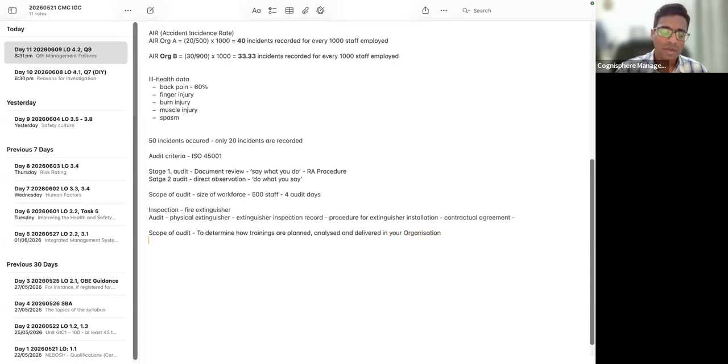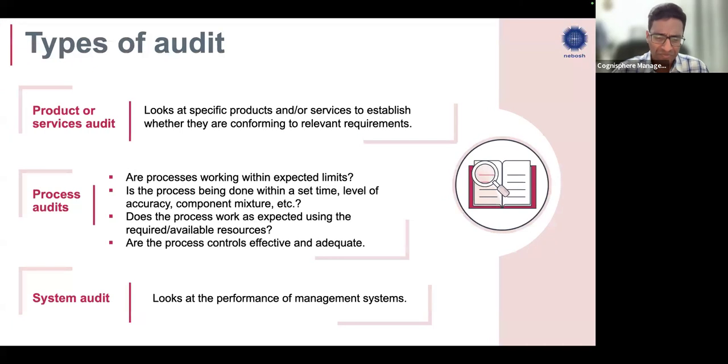Or maybe another scope, to determine the transportation service of your staff. So the scope could vary, and it is important what it is. You're doing an audit for one